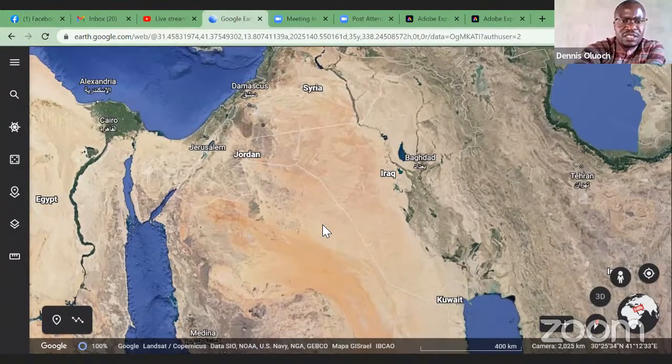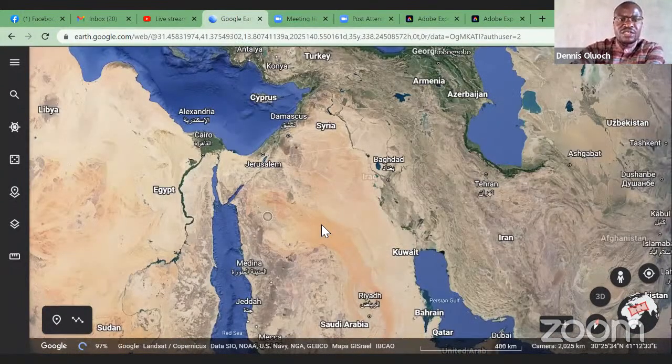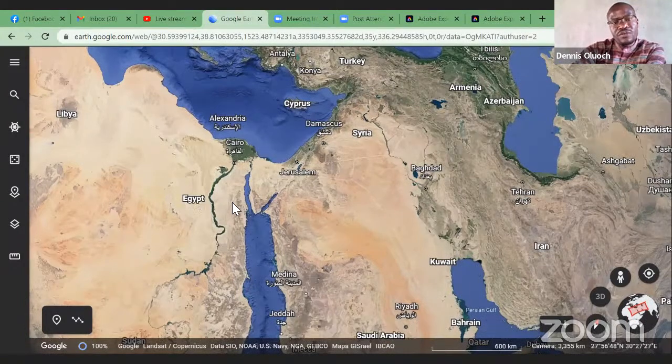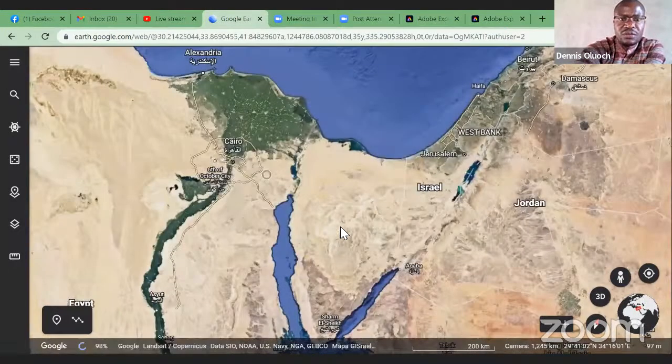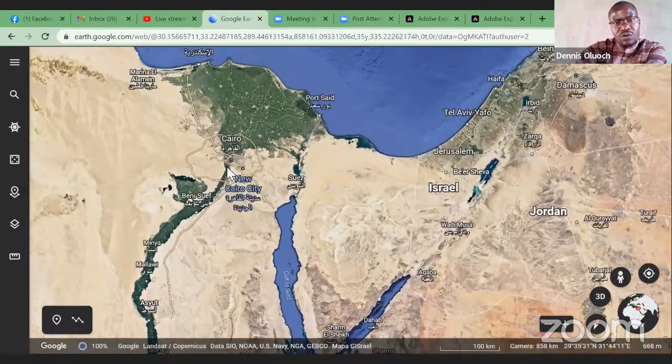And for those who are interested in traveling, maybe on pilgrimage to Egypt, you will travel to Egypt, Cairo. You see Cairo is around here, and then there is Alexandria. Now Alexandria is on the Mediterranean Sea. You see Cairo, you'd think from that map that Cairo is on the beach. No, Cairo is actually on the River Nile. This is Cairo, but there is Alexandria.